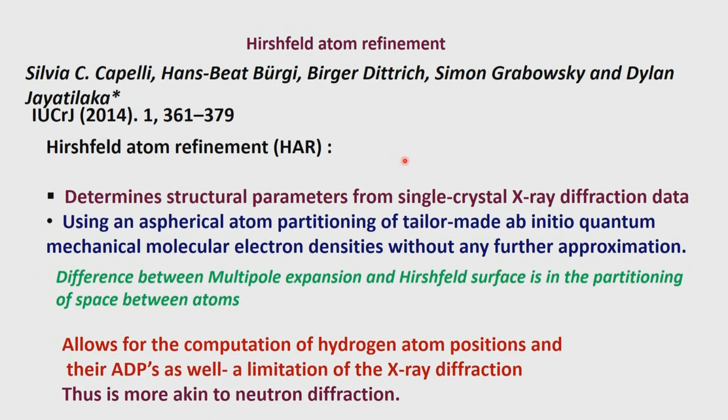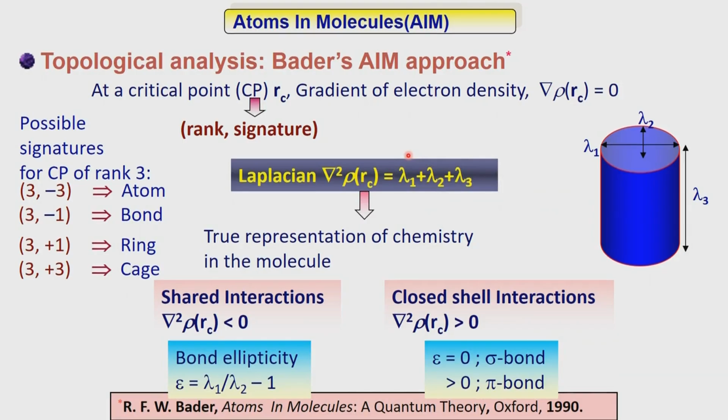The position is defined by what is known as the atomic basin. In this case we can use this diagram. We can have an atom here and an atom there, and the first derivative of the electron density goes to 0. If you plot the electron density along this direction, when the first derivative goes to 0, that represents a maximum. So the electron density at the middle of the bond is maximum, and then it falls off towards the other atom.